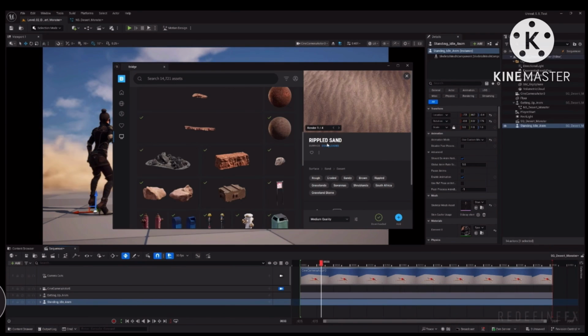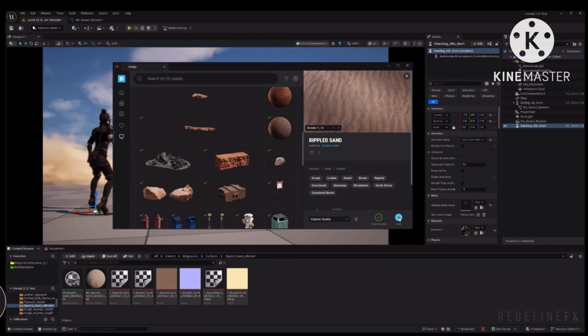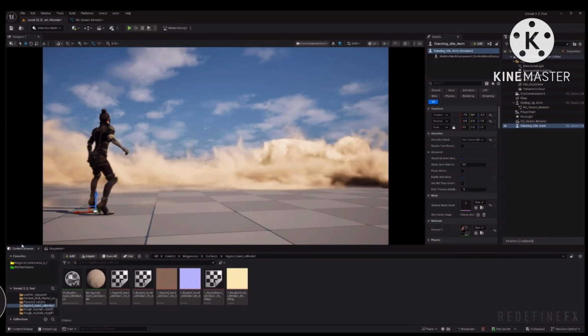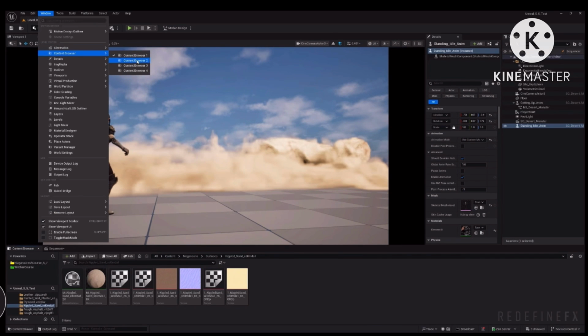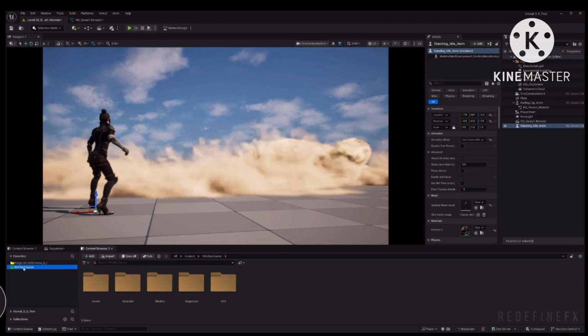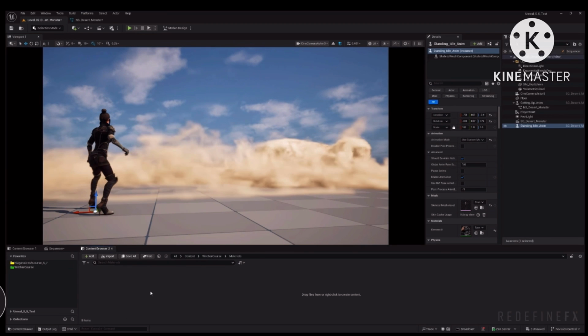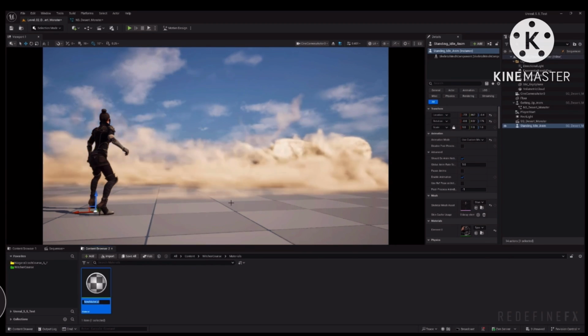For me, I'll use the rippled sand, but I want to set the quality to be highest quality and then add it because we want to do the nanite displacement for the ground. And so I want to open a second content browser. So under Window, Content Browser 2, and then you can go into your Witcher course, Materials, right click, Material, and call it